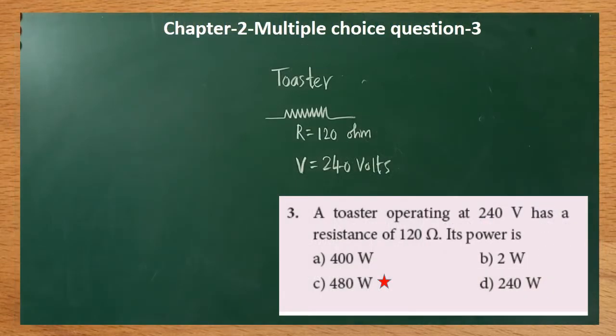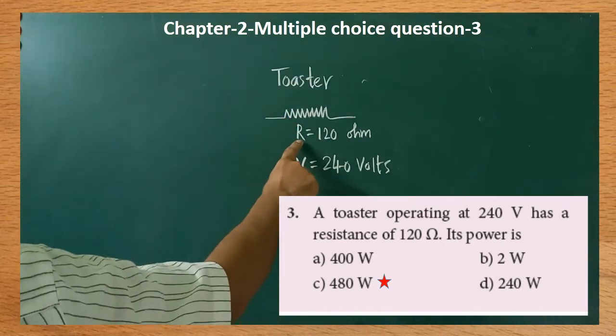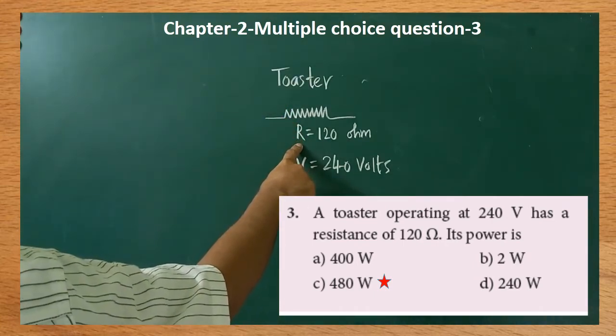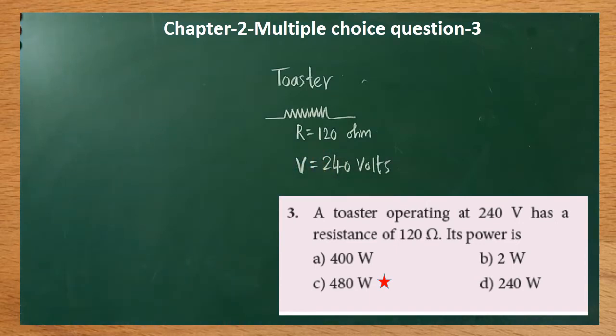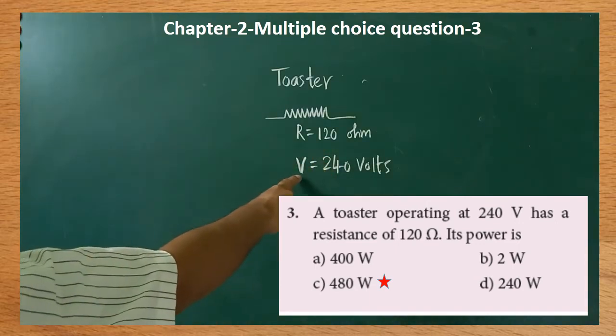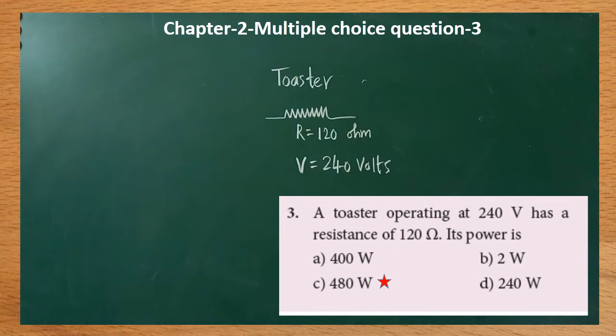Now we are going to solve the third multiple choice question. In this, a toaster is given. The resistance of the toaster coil is how much? 120 ohm. It is operated with a potential difference of 240 volt. You are asked to calculate the power